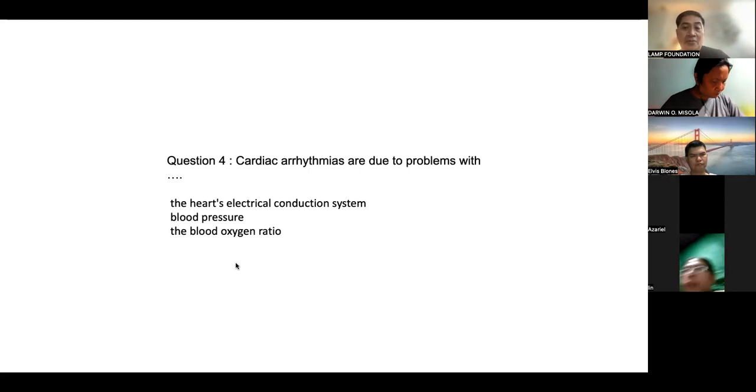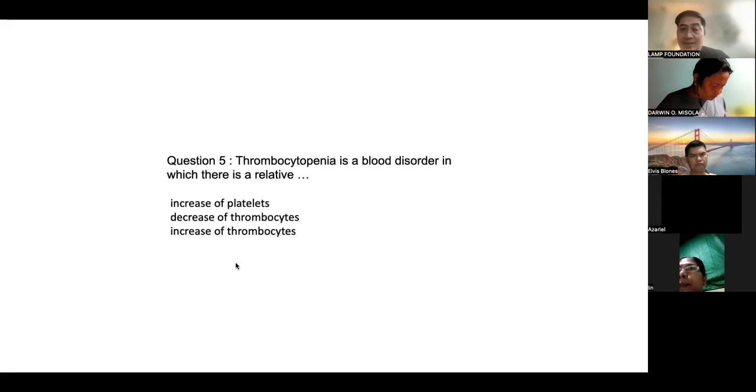varicose. Leukemia is a group of cancers that usually begin in the bone marrow. Cardiac arrhythmias are due to problems with the heart's electrical conduction system. Thrombocytopenia is a blood disorder in which there is a relative